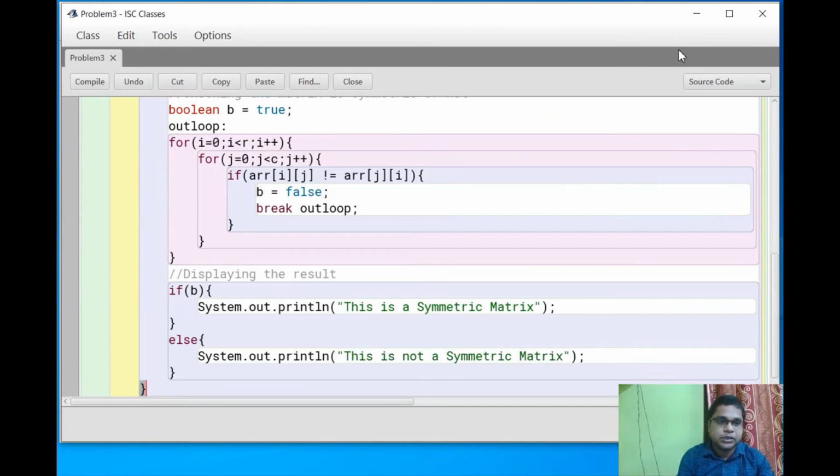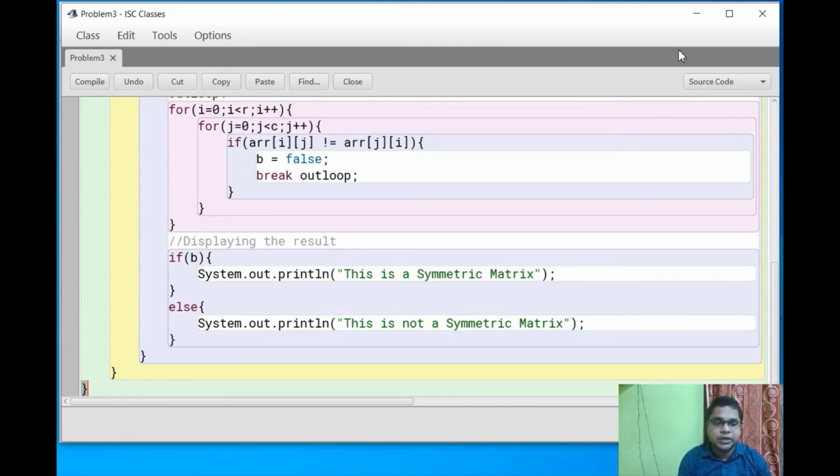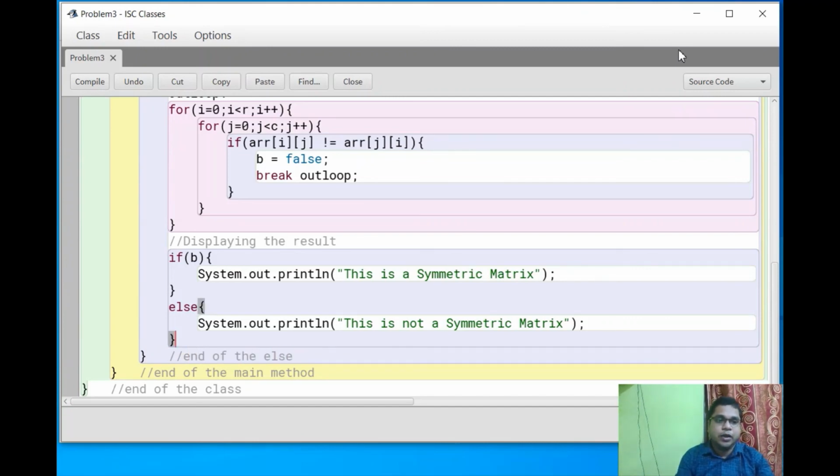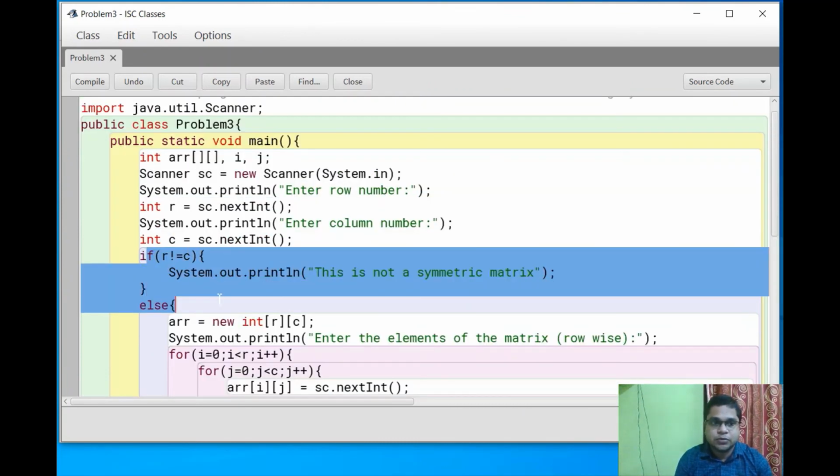That's it. Then here is the closing of your else part, then the main closing, and here the class closing. This is the end of the class, this is the end of the main method, and this is the else and the end of the else.